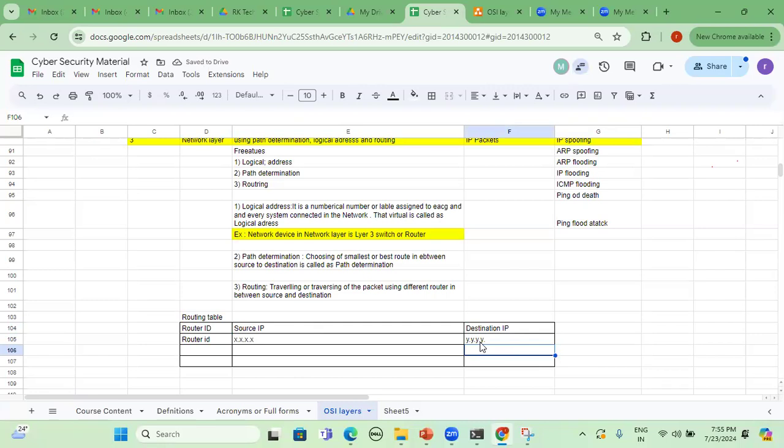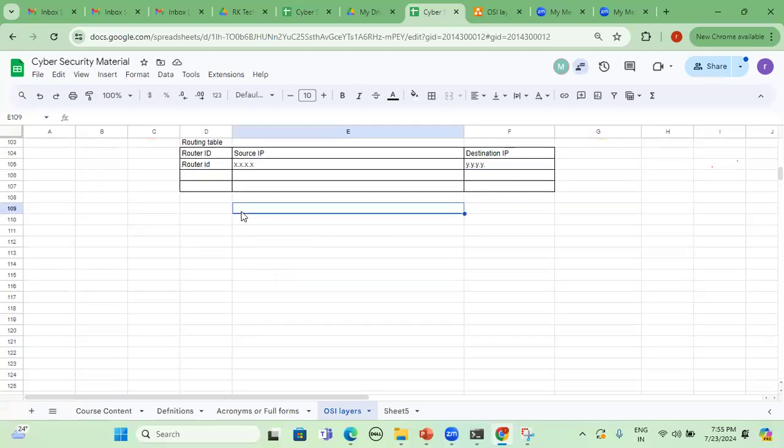Now, what we have to do in the router itself is define the routing protocols. Just now, whatever I said, what are the couple of routing protocols we have? Routing protocol examples are static route. I will discuss all these topics at the time of firewall implementation, guys, and I'll ask all these questions.